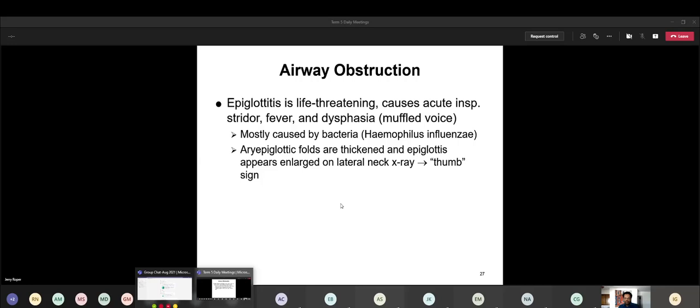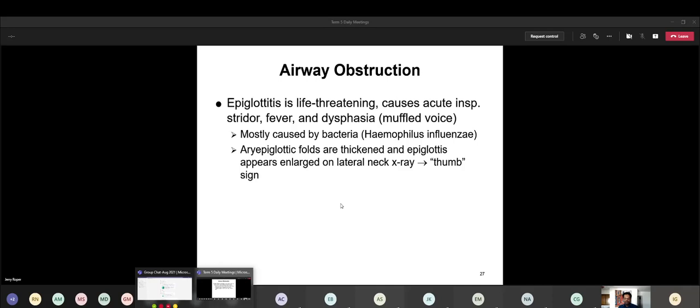Now, again, epiglottitis, it's not the same organism. Of course, the parainfluenza virus is what's usually behind your croup, but with epiglottitis, it's a bacterium, and the bacterium is H. influenzae. You still get stridor with epiglottitis, but this is a little bit beyond that. You're also going to expect that they're not really going to talk. And there's going to be a lot of drooling associated with this as well,